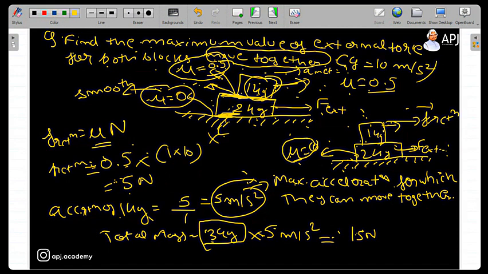समझ में आ गया आपको? अभी भी नहीं क्लियर हो पा रहा है? नहीं, अभी समझ आ गया सर। ओके, वेरी गुड। इससे रिलेटेड एक और क्वेश्चन दूं? यस सर। लेट मी सी।